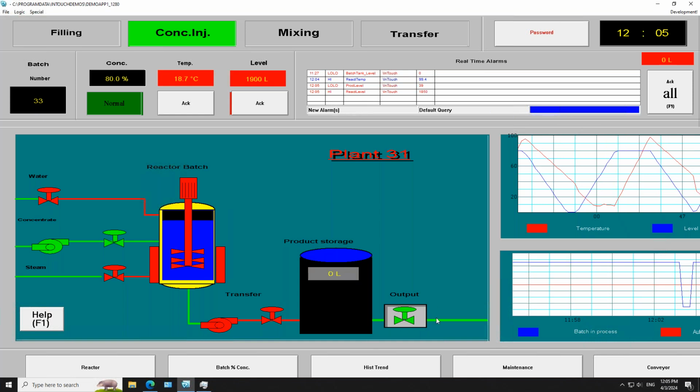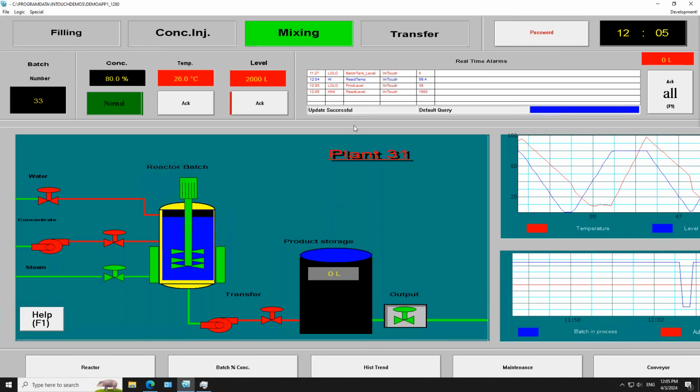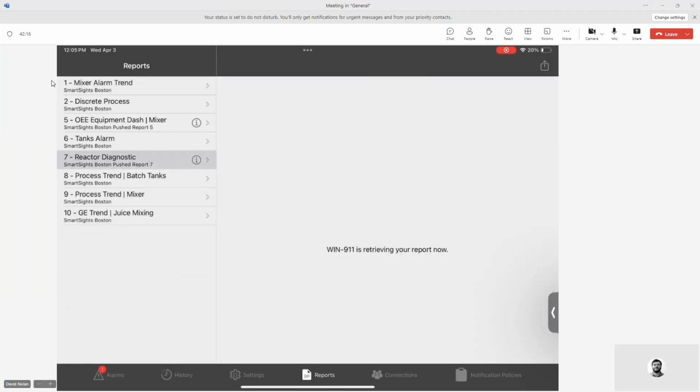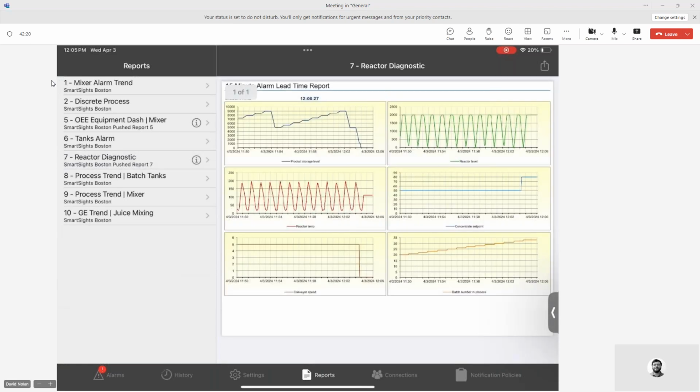And so when this tank dropped to 0, we'll get a low product storage alarm that will have pushed a notification over to our mobile app. And if we come back over to the reactor diagnostic trend report here, we can see the history of all the stuff I've been messing with inside of this process. We can see that the temperatures are still good inside both these reactors and the storage, but we can see that